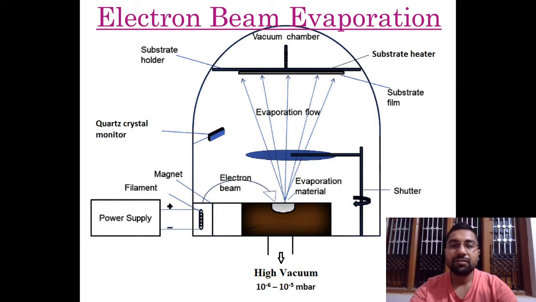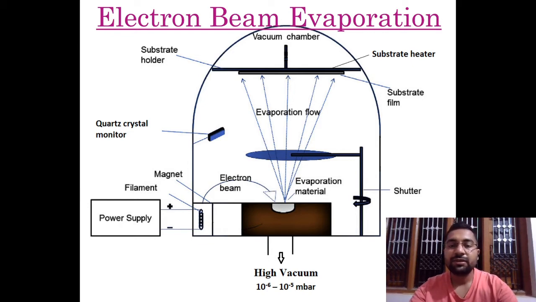As we see in the thermal evaporation technique, we can evaporate materials having a low melting point, and the material is mostly in powder form, and a mixture of different powder materials or a single material can be evaporated using thermal evaporation. But in the case of electron beam, we can use a single material of high melting point, and layer by layer deposition is possible with the electron beam technique.